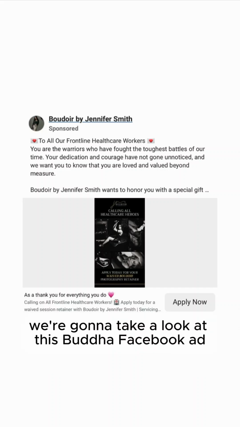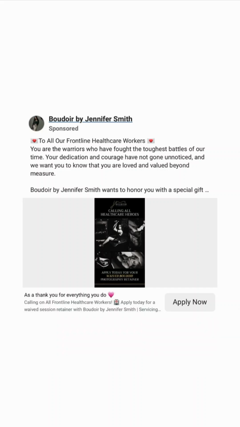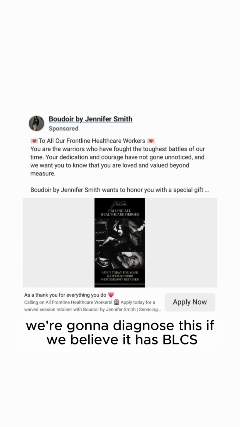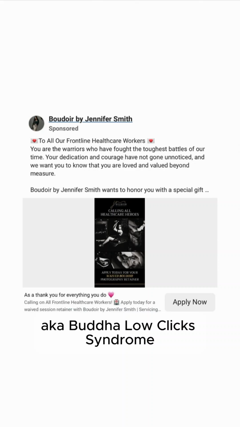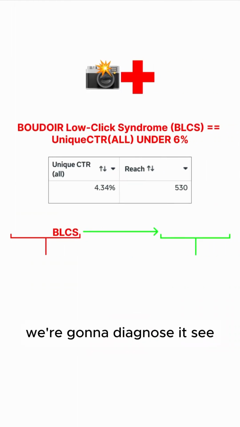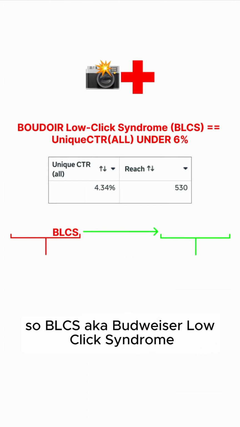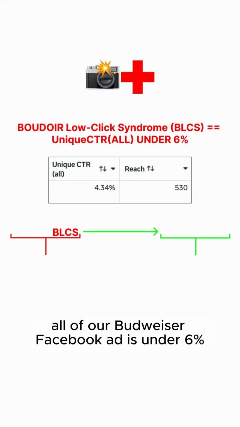All right, y'all, we're going to take a look at this Boudoir Facebook ad. We're going to diagnose it, see if we believe it has BLCS, aka Boudoir low clicks syndrome. We're going to diagnose it, see what our thoughts are. So, BLCS, aka Boudoir low click syndrome, is when the unique CTR of our Boudoir Facebook ad is under